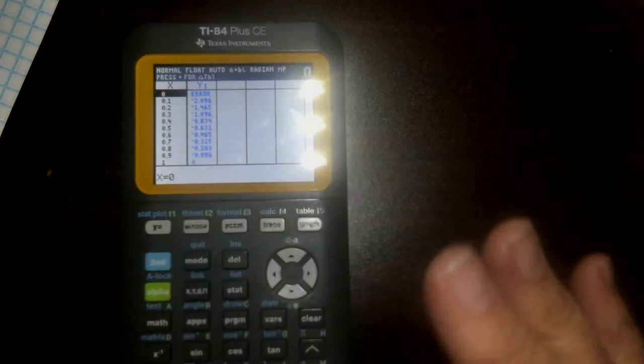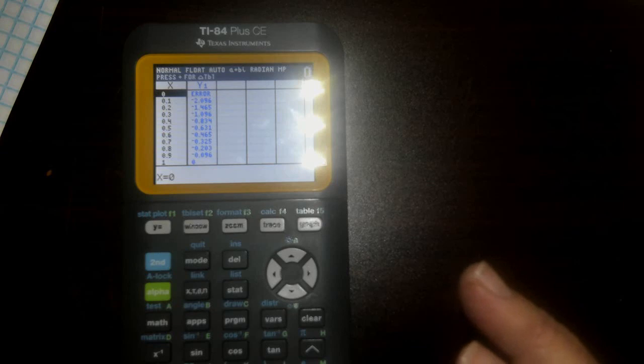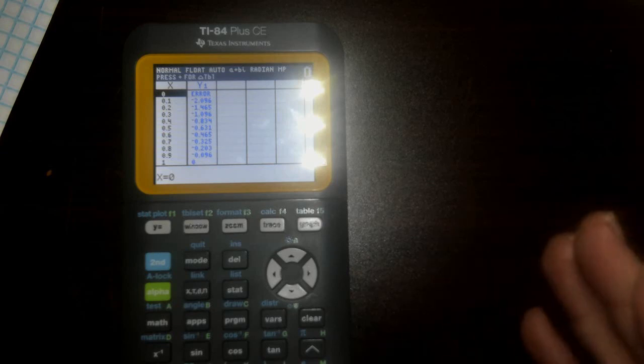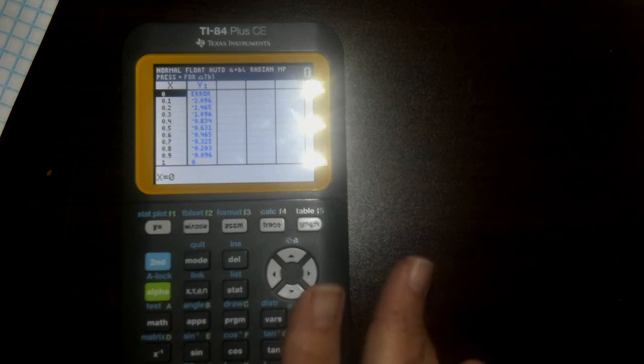Right? So that's why I want you to use your calculator, but I also want you to realize that your calculator only gives you the view that you ask it for. So sometimes something might not look right on the calculator because you may need to adjust the table setting or the window or something like that. All right, so now you're going to